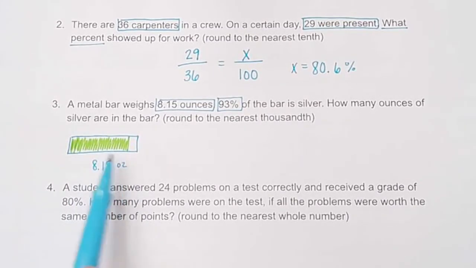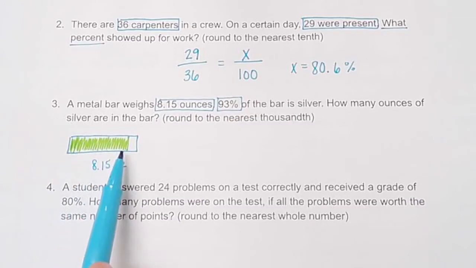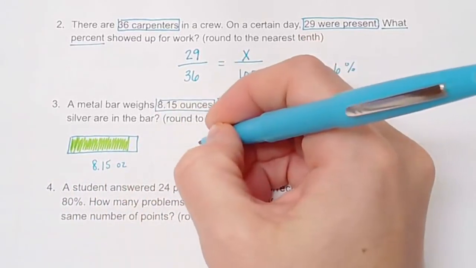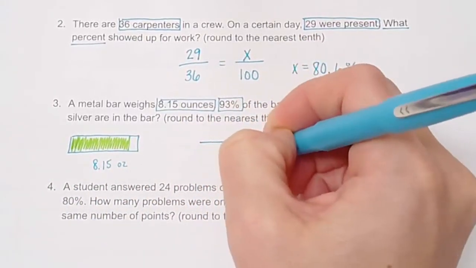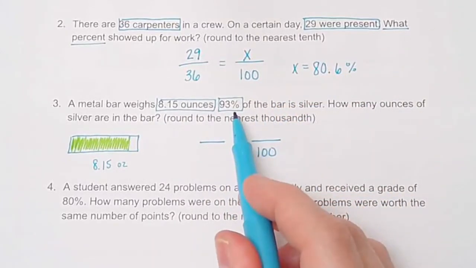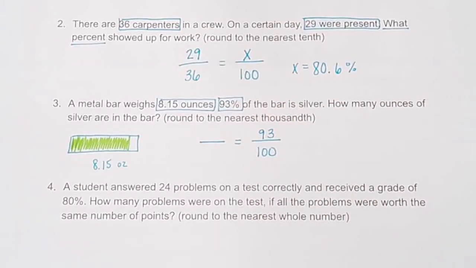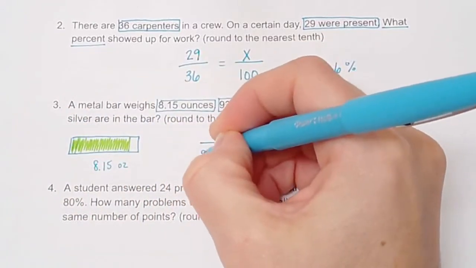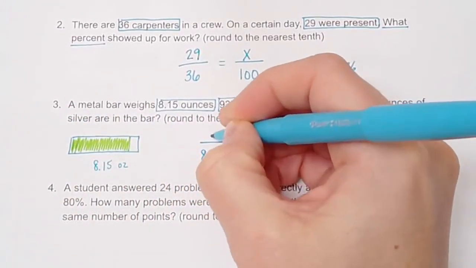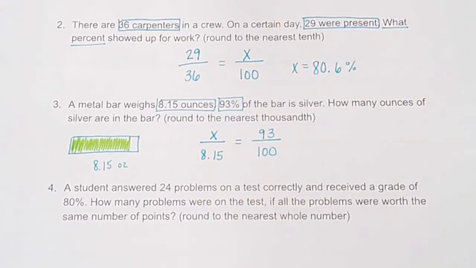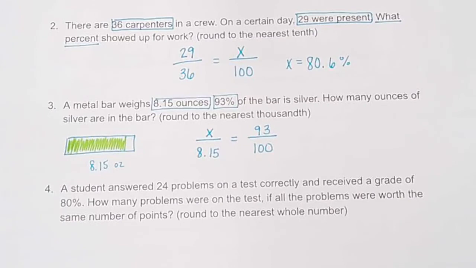Okay? So if I set this up, remember I see a percent, so it has to be a percent proportion. 93 is my percentage, so it goes right here. Now I just got to figure out what goes where. Well, it tells me that the whole bar weighs 8.15 ounces. So if that's the entire bar, then it has to go on the bottom. I'm just looking for what part of that is silver. Okay? So we cross multiply. We do 8.15 times 93. We divide it by 100. And we get